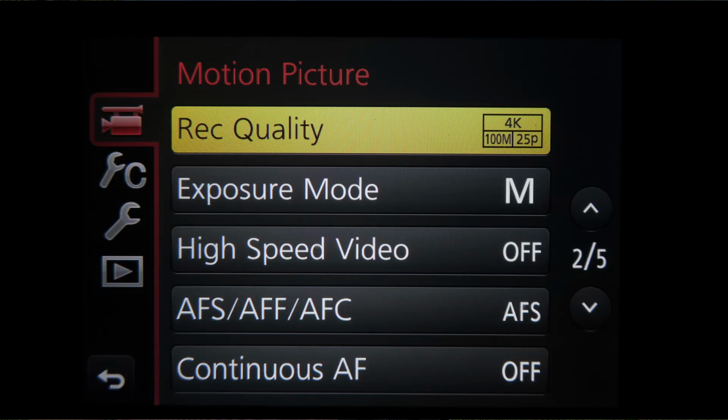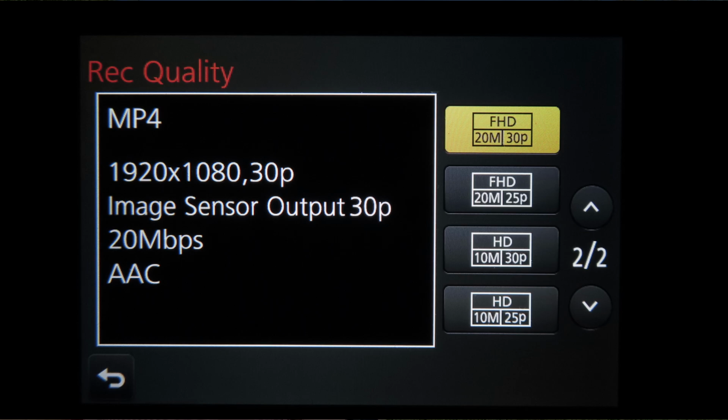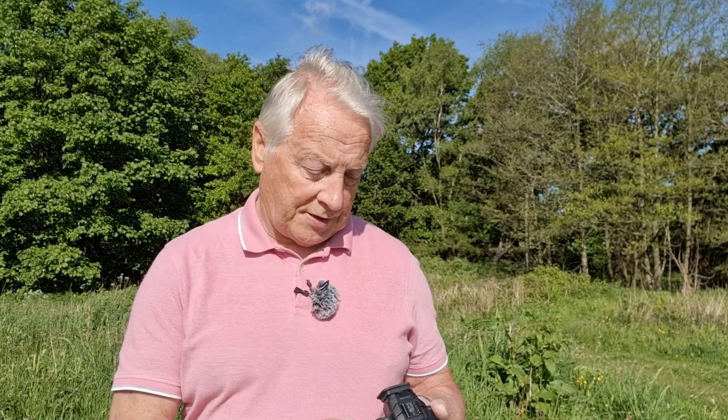Then if you cursor down to the next page, the top one is recording quality. So you can see we've got options there under recording quality of 4K 30p, 4K 25p, Full HD 60p, Full HD 50p, Full HD 30p, Full HD 25p, and HD 30p and HD 25p. Panasonic removed the VGA format with this particular camera as not many people want to shoot in the lower standard of a VGA mode. Notice there's no 24 frames per second, that's been reserved for the higher grade camera, so if you wanted to create that ultimate cinematic look, I'm afraid with this camera you can't unlock the 24 frames per second. So I would recommend that you shoot in the MP4 format and then in 4K 30 or 25p